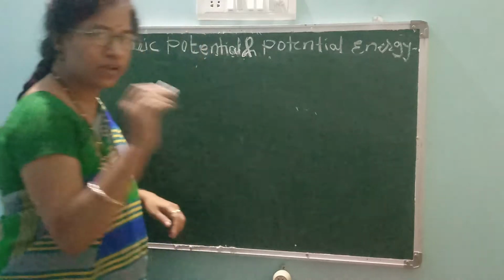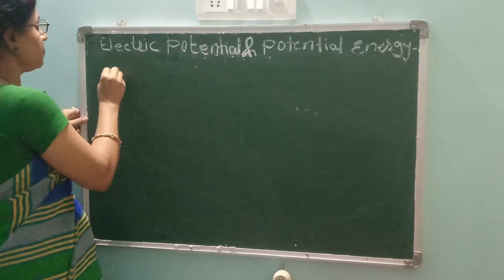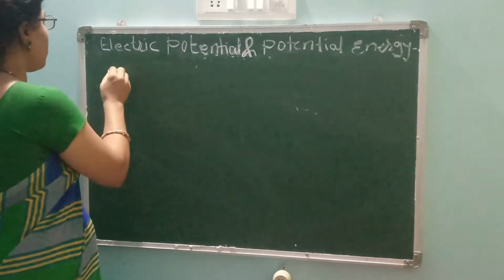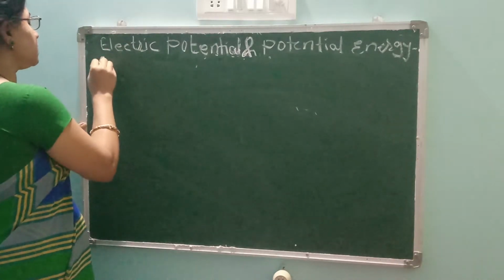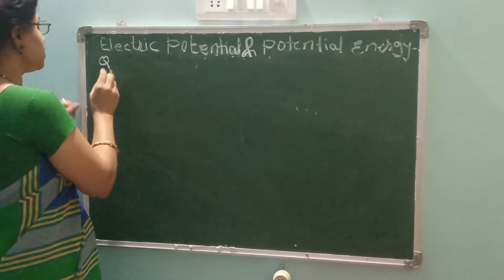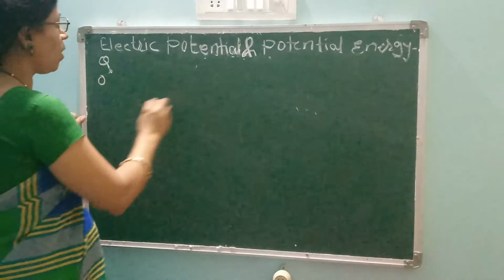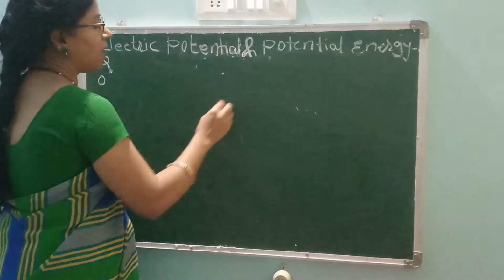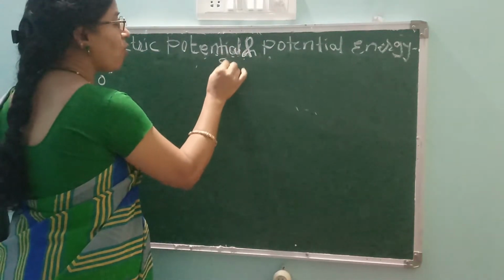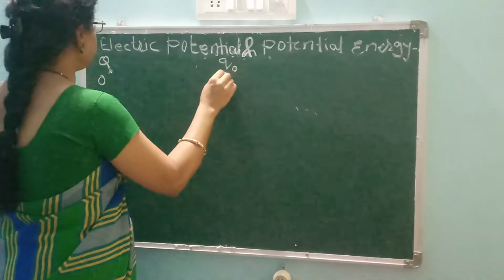First of all, we have to draw the diagram. See, this is the point. Now at this point we are taking the charge q, at the source point, that is O. Now this is the point, and at this point we are taking a small test charge, that is q0. Now we will say that is